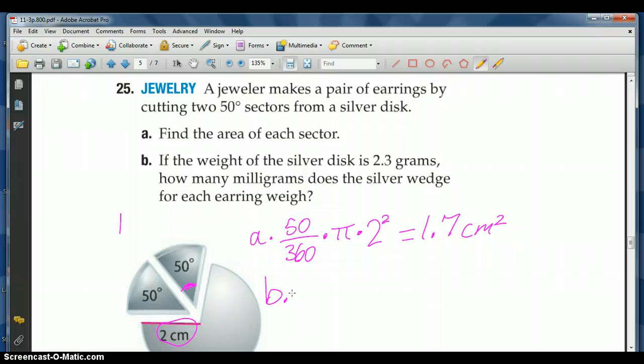For part B, if the weight of the silver disc is 2.3 grams, how many milligrams does the silver wedge for each earring weigh? So if the entire part is 2.3 grams, then this sector would be what fraction of the entire part? Well, it would be 50 out of 360, because the entire circle is 360. So if we take 50 over 360, that's the fraction of the total weight that it is, and multiply it by the total weight. So 50 divided by 360